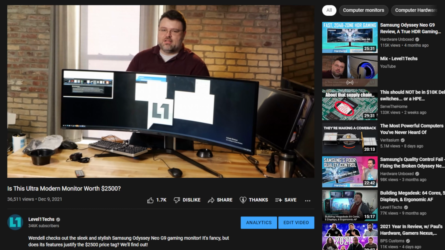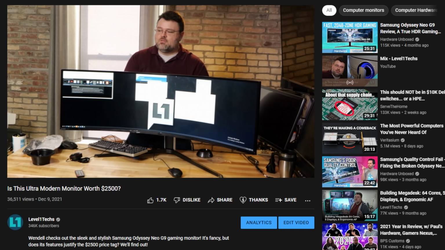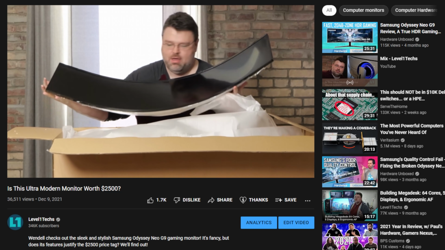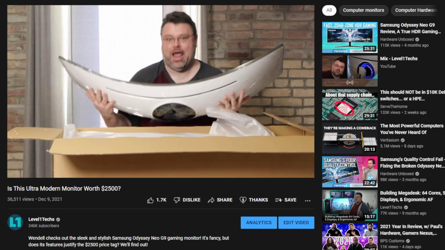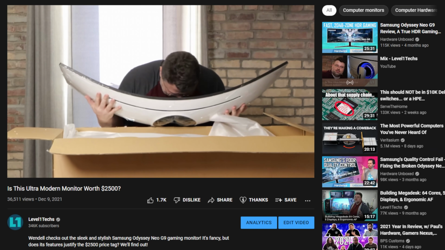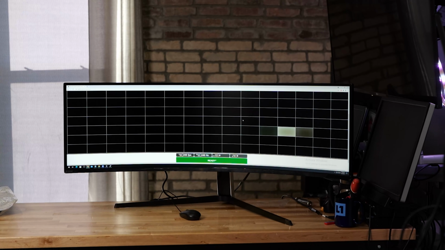Let's also include the Odyssey G9 Neo from Samsung. It's 240 Hertz, right? 240 Hertz, that's definitely going to be faster than 120 Hertz. It's not even an IPS type panel. It's an even faster panel. So surely that panel is going to operate at 240 Hertz. Now, the Odyssey G9 Neo, check out my review on that, comes out of the box at 120 Hertz, but you can turn on a menu option to make it 240 Hertz.